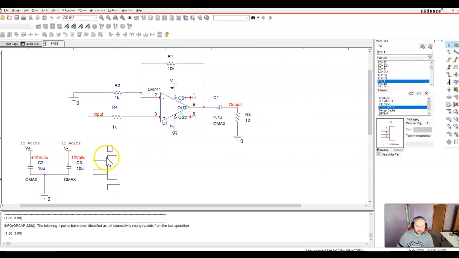So I'm going to put one here, and I'm going to just put another one here. And now they're labeled J1 and J2. Now I'm going to put some text in here,